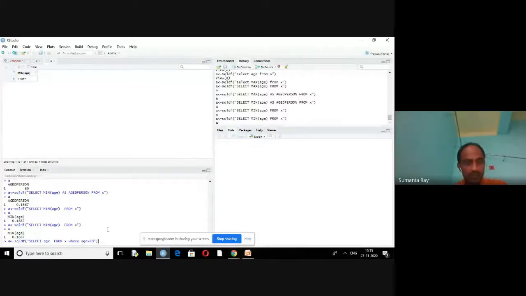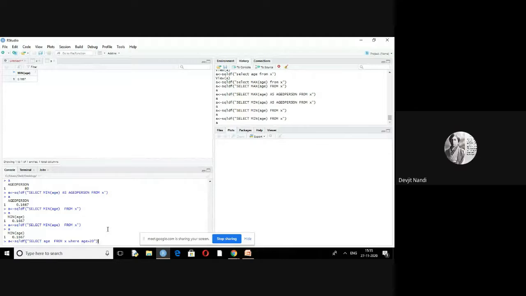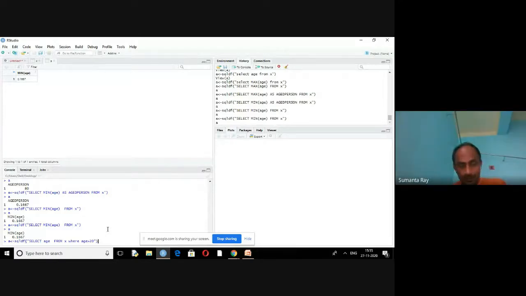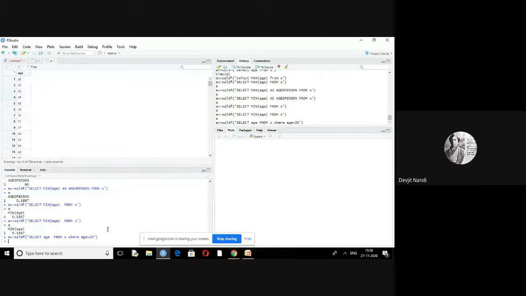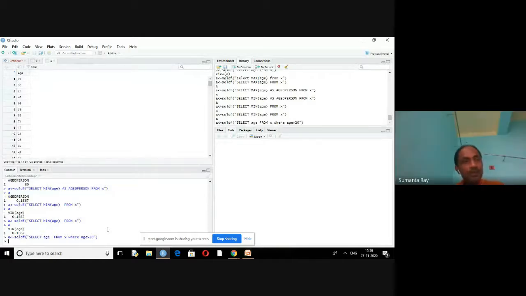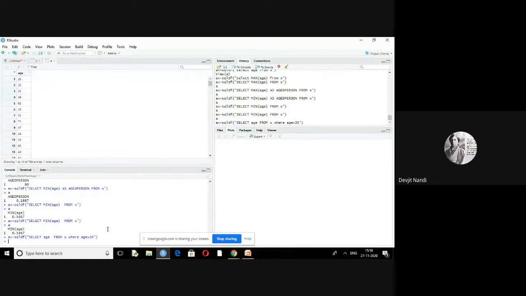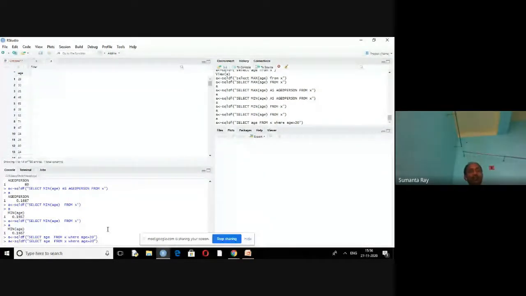Clear? In this way, you can find the ages greater than 20. All the ages displayed are greater than 20. Here you can use greater than, less than, greater than or equal to, less than or equal to.